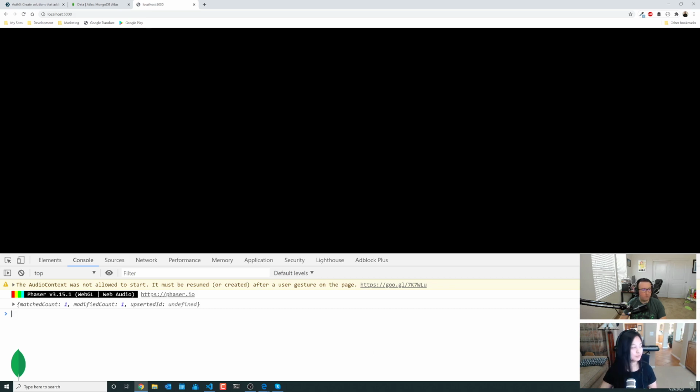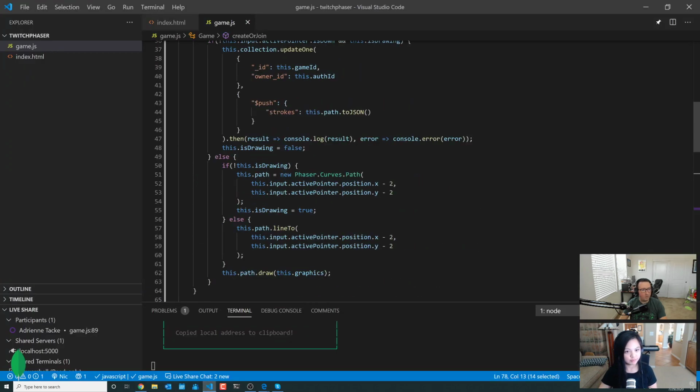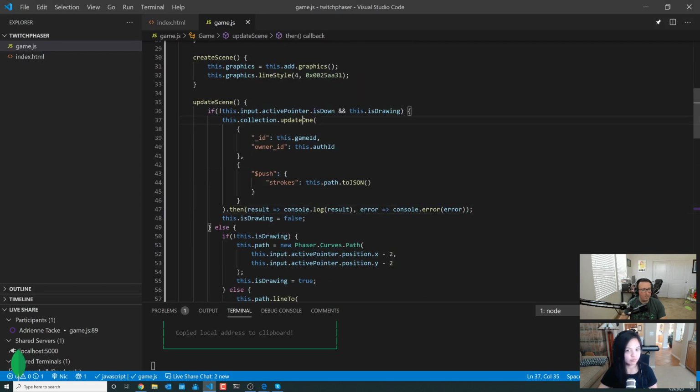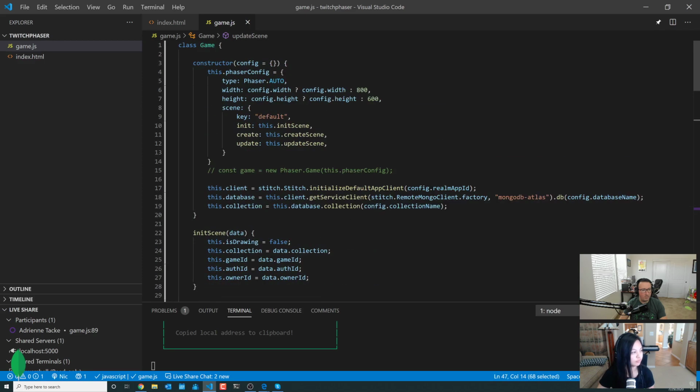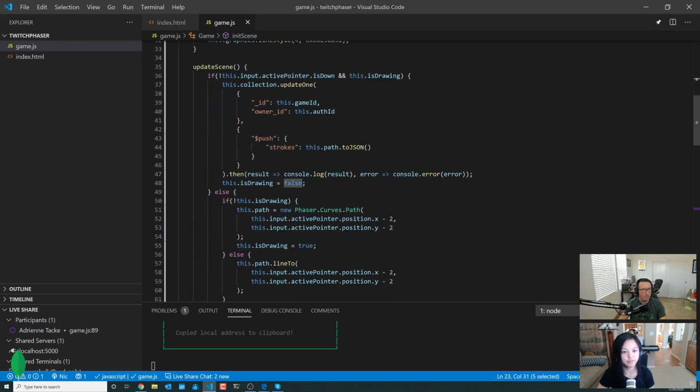And line 47. Let's see what's going on at line 47 here. We've got a stray printout going on. So is drawing is true, and yet it printed it out. What do we have it set to up top? We have it set to false. Right.